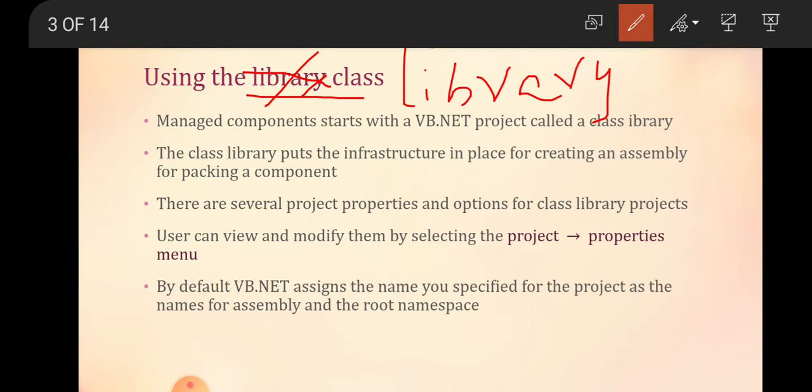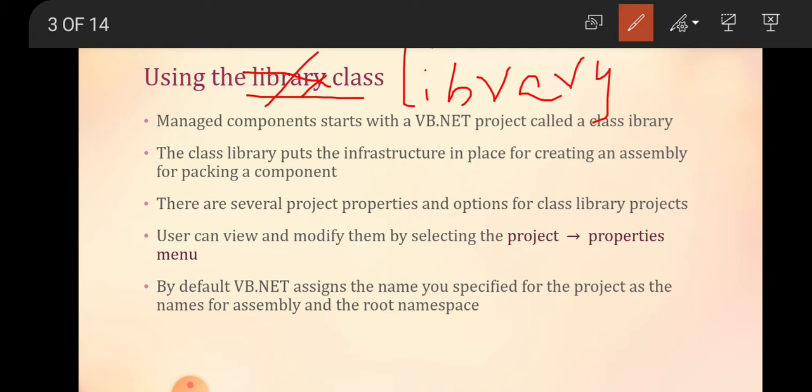Got it? By default, VB.NET assigns the name which is specified for the project as the name for the assembly and the root namespace. That means the name which we give for the VB.NET project is assigned for both the assembly and the root namespace. Got it?